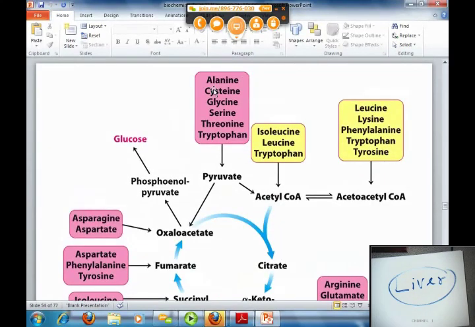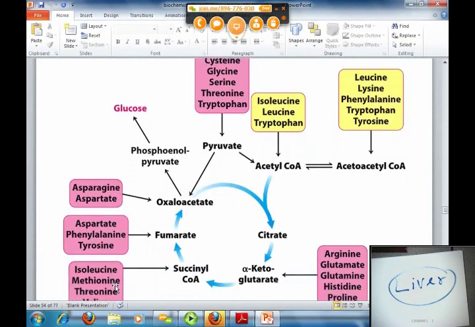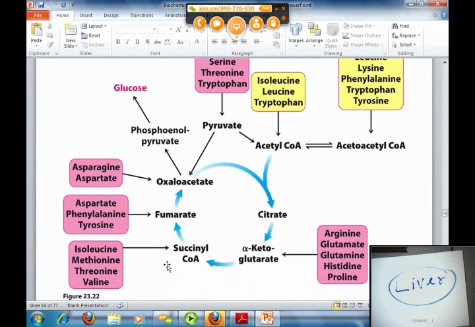And here you see different amino acids, alanine, cysteine, glycine, threonine, tryptophan, entering through pyruvate, which will degrade after the removal of the ammonia group, and then the carbon skeleton enters through the pyruvate, and pyruvate into acetyl-CoA for fatty acid synthesis, or pyruvate enters into oxaloacetate to get into the glucose pathway, or it can enter into the TCA cycle. So asparagine, aspartate enter oxaloacetate, aspartate, phenylalanine, tyrosine enter fumarate, isoleucine, methionine, threonine, valine, they enter into